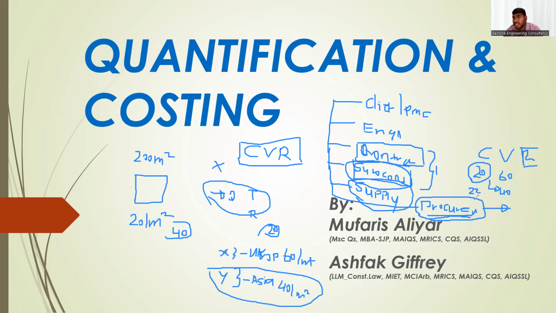So as a QS, based on the cost value reconciliation, you have to raise an alarm to the project manager: Mr. Project Manager, instead of 20, now you are going 22 dirhams. Then your 2 dirhams is taken from your 48. Then our overhead and profit is only 38 while we forecasted 40. So we are losing our profit, and this project is not profitable.